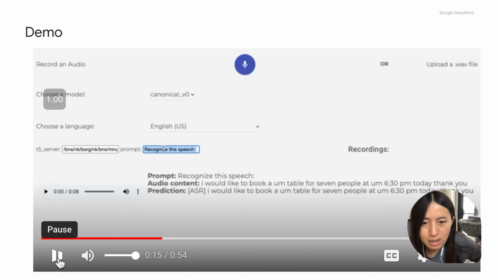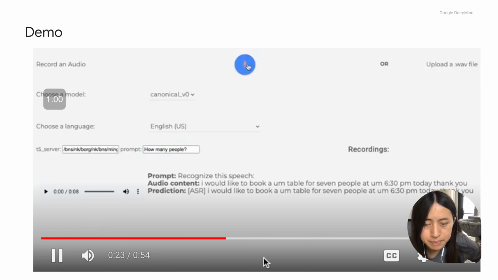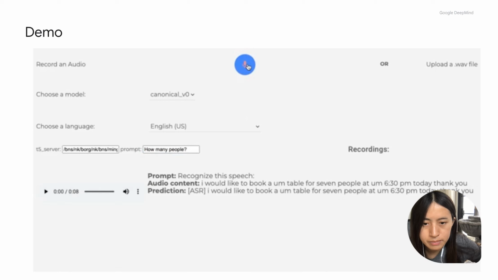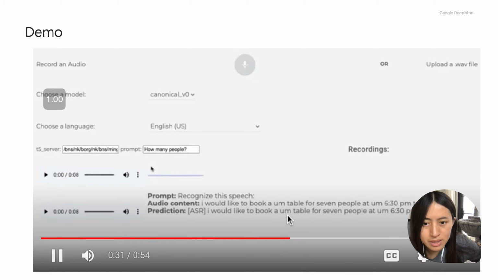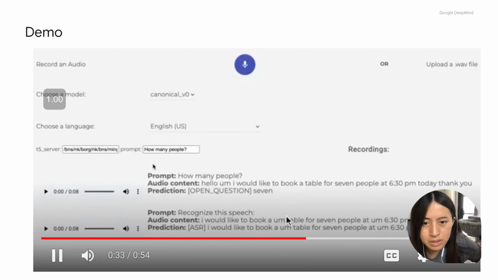While if you give the model different instructions, such as how many people, then the model is able to predict. In this case, there are 7 people mentioned, so following this instruction, the model answers 7.